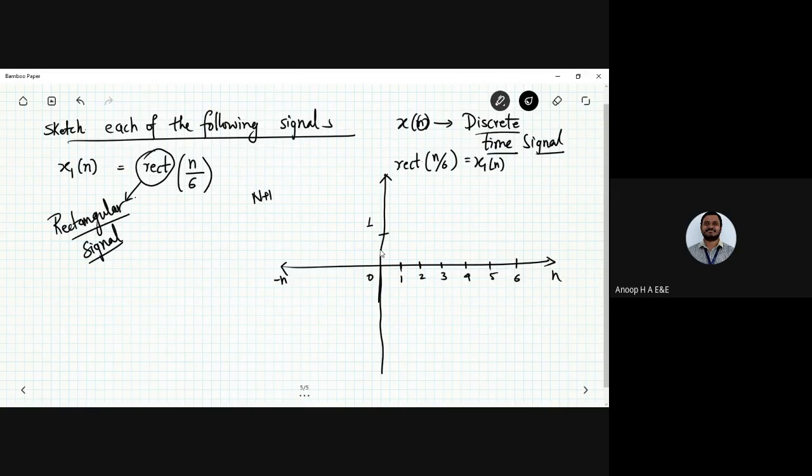So here, if you observe carefully, the value of n here, generally you are going to have 7. Okay, so that is again from minus 1, minus 2, that is minus 3. So the rectangular signal would be sketched like this. That would be having minus 1, minus 2, and minus 3. Okay, so once you come to know regarding the rectangular type of signals, you will be having it being analyzed. So here you are going to have the values of n being from minus 3 to plus 3. Okay, so that is one thing that you are going to analyze it here.